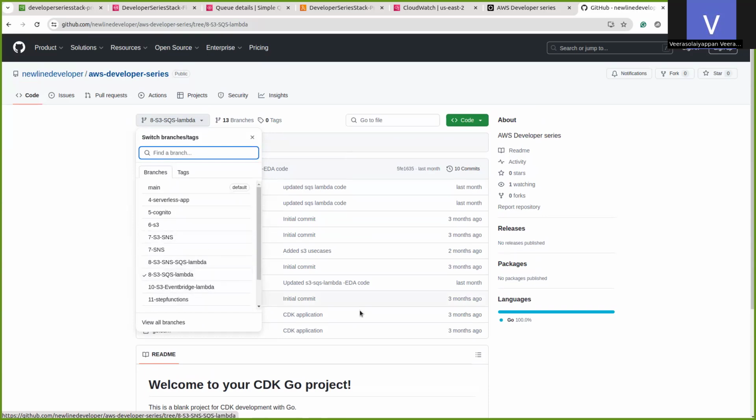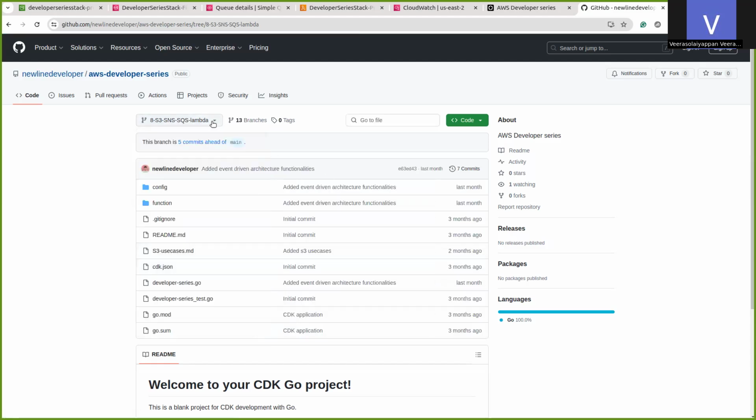This code is also available in GitHub. The repository has S3, SNS, SQS, Lambda.